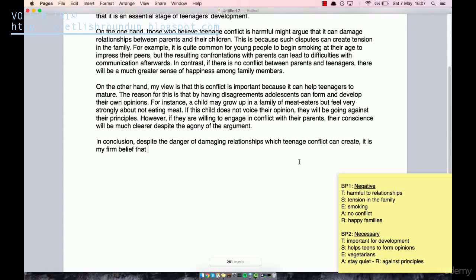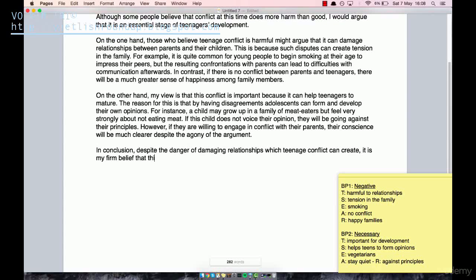It is my firm belief that this time of friction, similar to conflict in the way that we're using it here, this is quite an advanced usage of the word friction. It's not just rubbing together, but it is in a way because it's like people rubbing against one another in terms of their emotions. It is my firm belief that this time of friction, so this period of life, this time of friction is